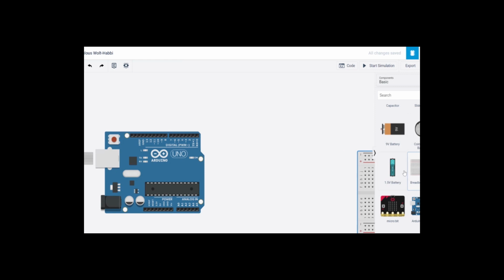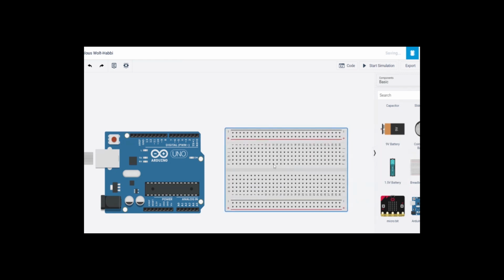I'm using a small breadboard, because as this is an online simulator, we can do without the breadboard also. But in practical situations, we use the breadboard to connect LEDs and wires, everything, during our practical sessions. For that, I'm using this breadboard so that you get to know what is meant by a breadboard and how connections are made in the breadboard.